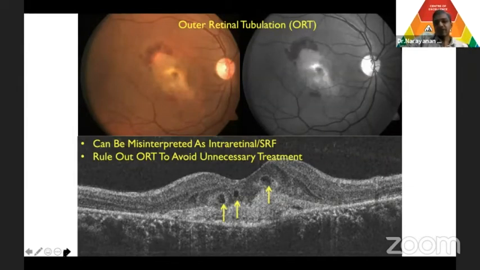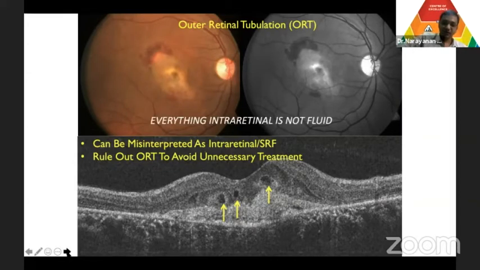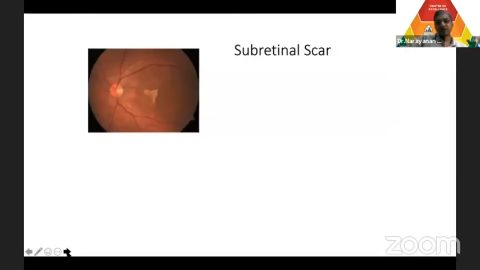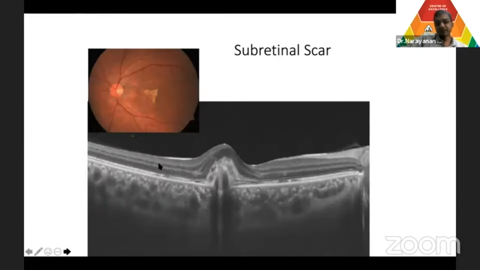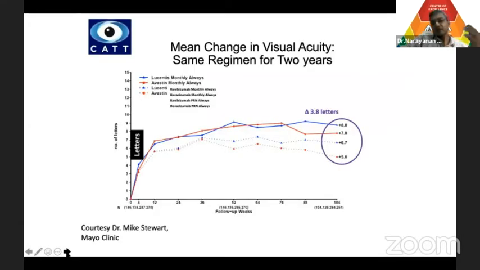One next point about OCT is that sometimes not every dark reflective space is edema. This is outer retinal tubulation. What you see is they have a hyper-reflective lining, which is called outer retinal tubulation, and they are not suggestive of edema. You don't have to treat them in general. Obviously, subretinal scar, if you have shadowing underneath the thick membrane and clinically also it's a scar, you don't have to inject these cases. But what do you tell the patient?